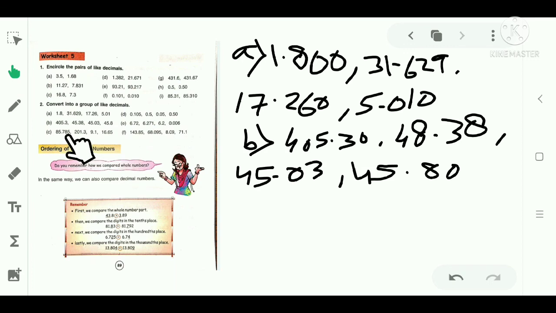Okay, look here, here 3 digits after the point, here 1, here 1, here 2. So this decimal number has the most digits after the point. So we will make 3 digits, because this number has 3 digits after the point. So we will make 3 digits here, 3 digits here, 3 digits here. So we will add zeros according to the decimal part. I hope all of you have understood this.